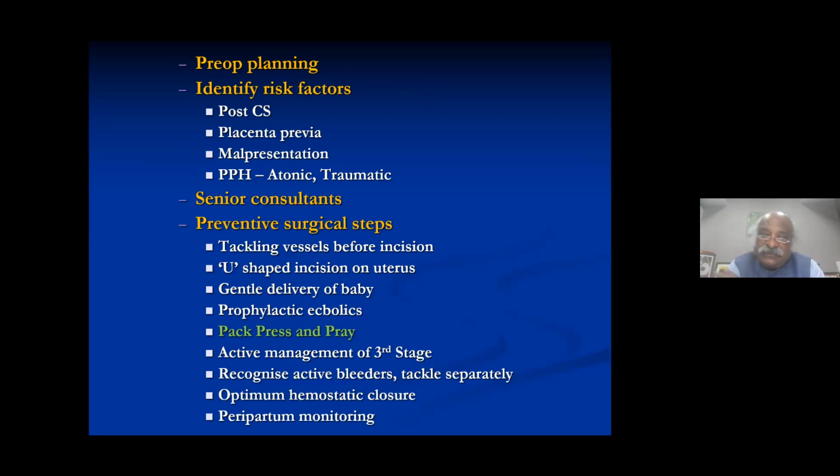Active management of third stage of labor. And nowadays, good hemostatics and good uterotonics are important. They are available. Now carbetocin has changed the scenario. Earlier we were giving oxytocin. Previously we were giving methergin. I abandoned methergin long back. Then oxytocin was used as recommended for active management of third stage of labor by WHO.